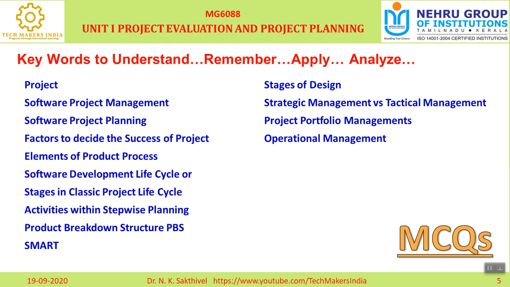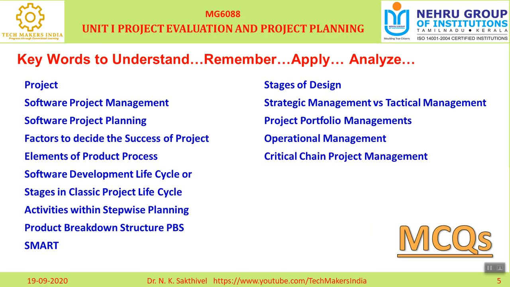Next one is called operational management. So operational management is the administration of business practices. Okay, you know very well. The purpose is to create the highest level of efficiency possible. So operational management is very important so that the institute or industry will perform extremely well. Okay, so to achieve the highest level of efficiency means we wanted to practice very effectively. We wanted to use recent technologies. We wanted to employ skilled engineers so that our project will be of the highest level. That is called operational management.